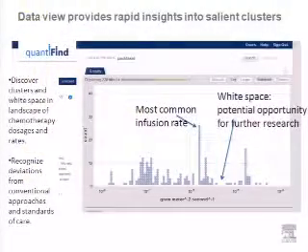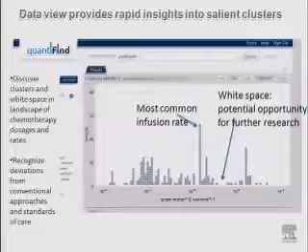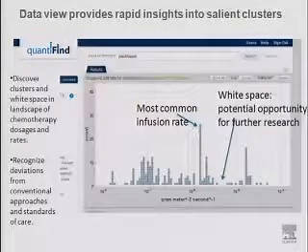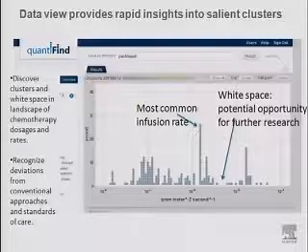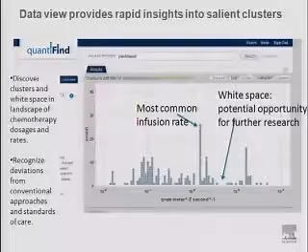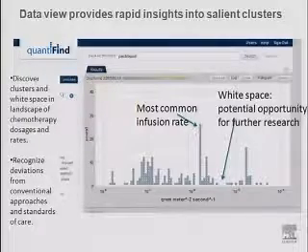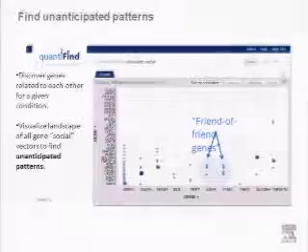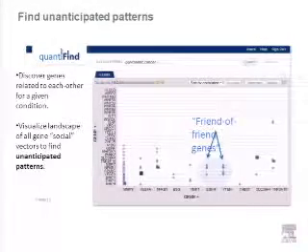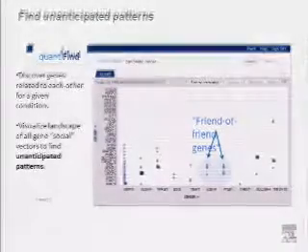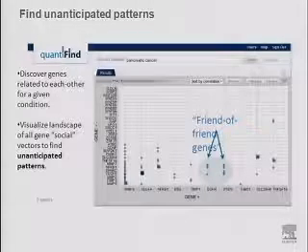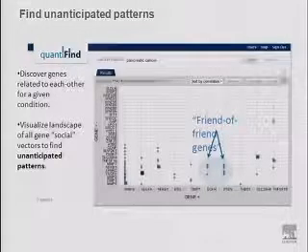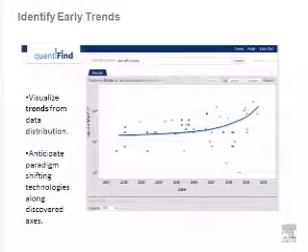There are some interesting companies that are using visualization tools, and this kind of visualization tool provides insights to their customers, to their researchers. So here you can find the landscape. You can see the whole landscape, what's happening in any topic. Or you can find anticipated patterns in any subject. This for me is a useful way of looking at the data, looking at the content. Or you can identify the early trends.